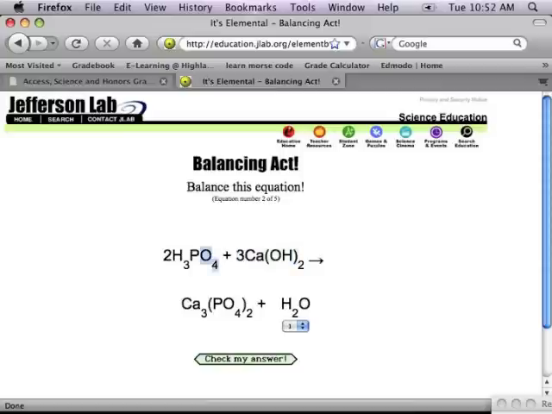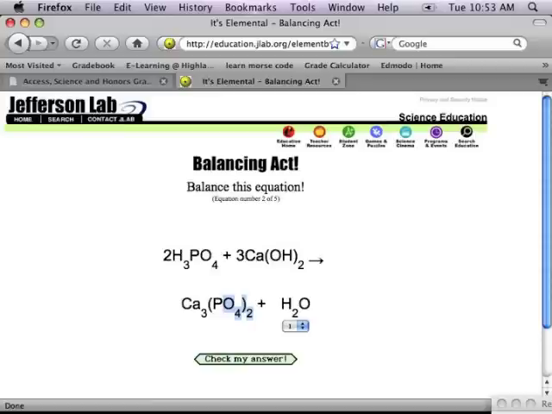I also have 4 oxygens here, but don't forget they're multiplied by this 2. So I have 8 oxygens over here. So I had 6 plus my 8, so I have 14 total. Here I just have my oxygens over here. Right now that's just a 1. Here I have 4 times this 2, so I have 8, 9. So I'm trying to figure out what I need to get it to work out to 14. If I have 9 here, I need